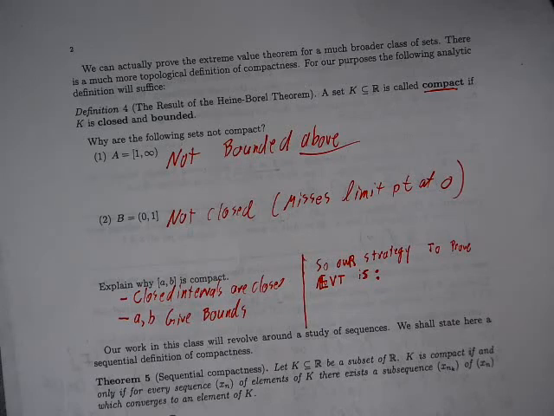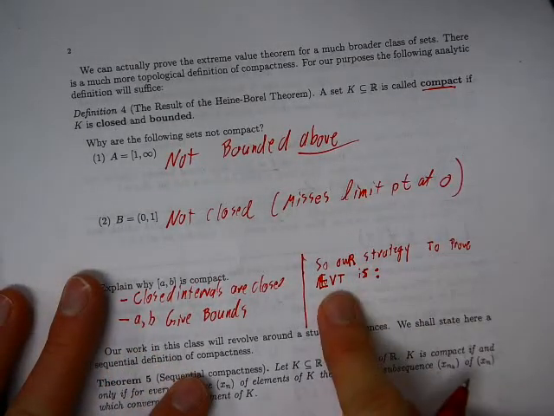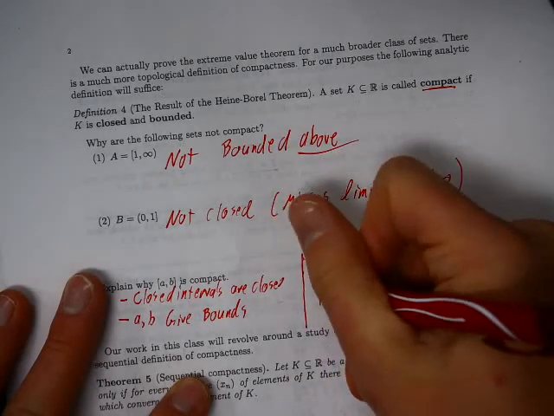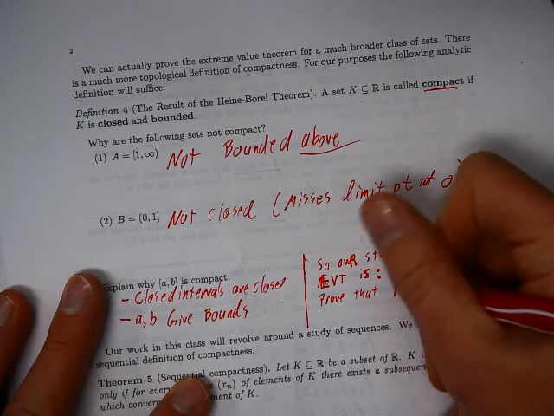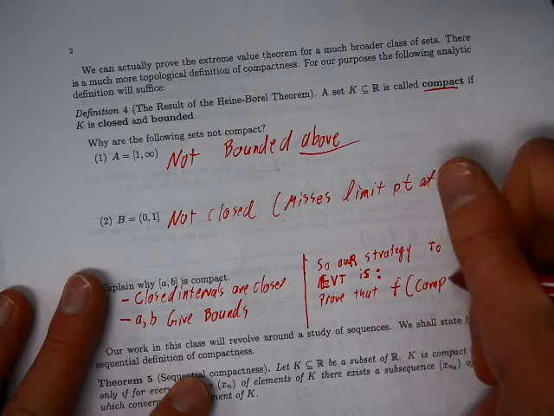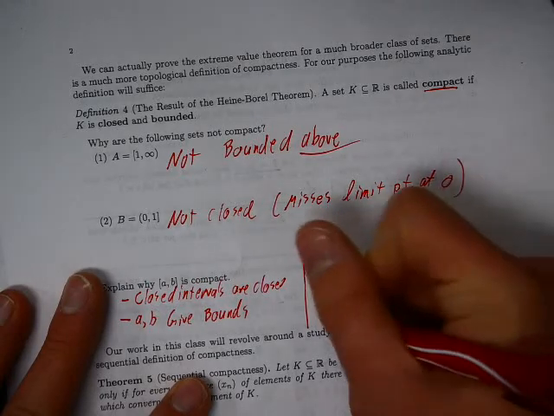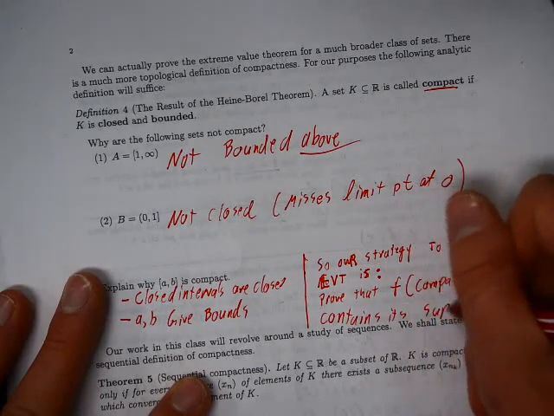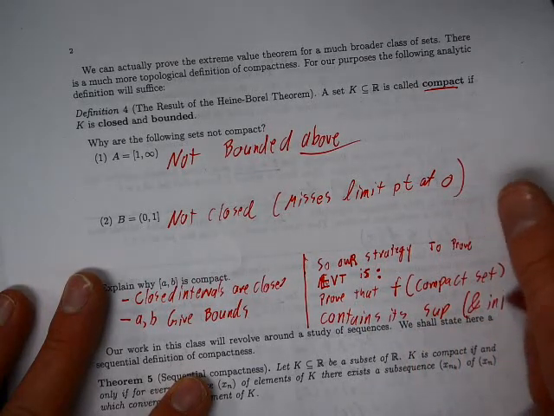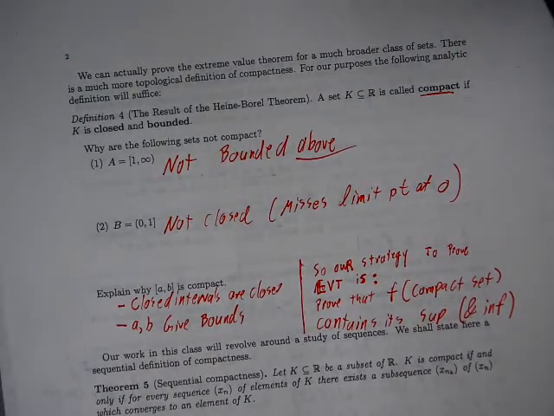So here's our actual strategy. We will try to prove the extreme value theorem on a closed bounded interval. To prove the EVT, what will we do? We will prove that f of any compact set contains its sup and inf. All right, if we can pull that off, then we'll be able to deduce the extreme value theorem on the